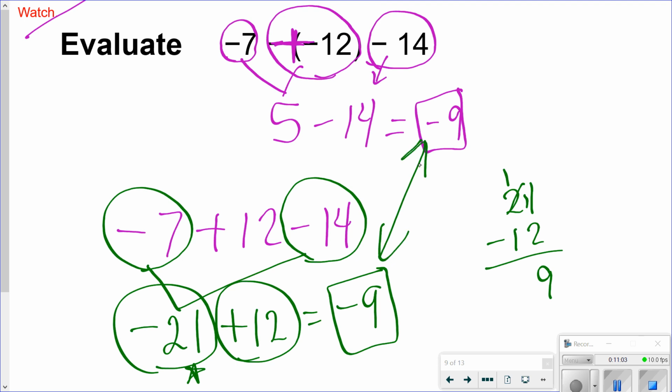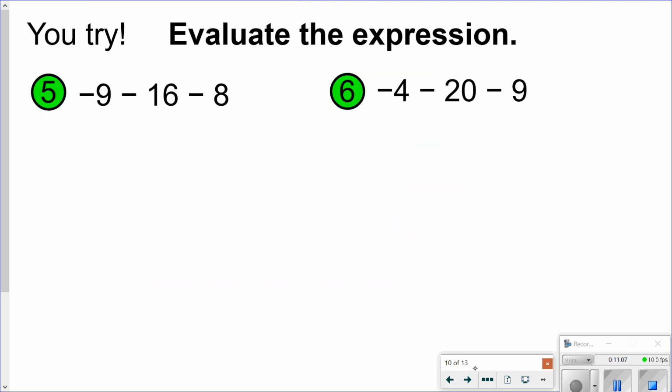Okay, your turn. Go ahead and push pause and then push play when you're ready to check your answer with me. All right, let's see how you did. All right, negative 9,